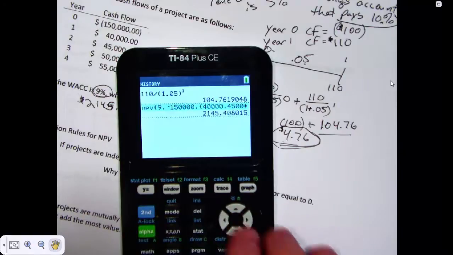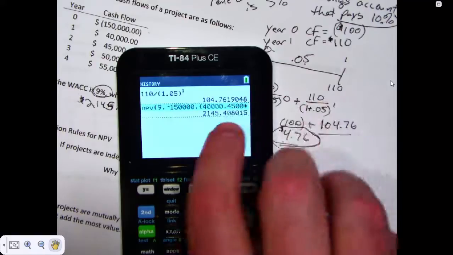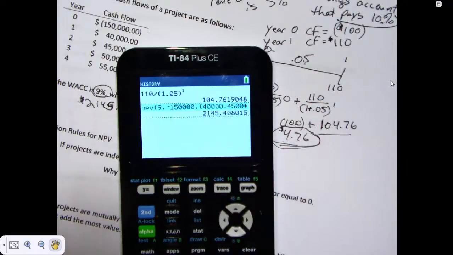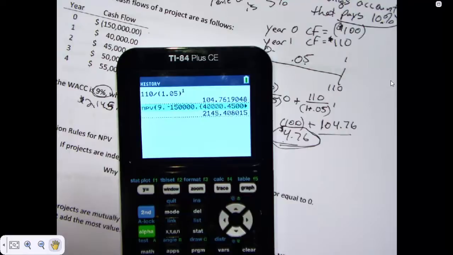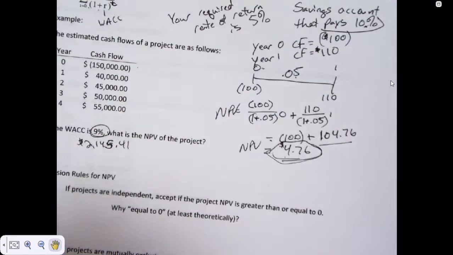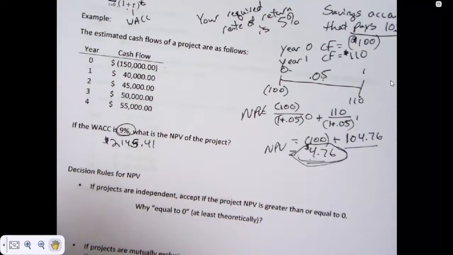There is the ability to put frequencies in this. I didn't do it, but what you would want to do is after the closing curly parentheses, put a comma and then start another set of those curly parentheses and put the frequencies of all the different cash flows in it. We won't do that in this class because we really don't have a need to, but that is something you can do in that calculator. So we get the answer here of